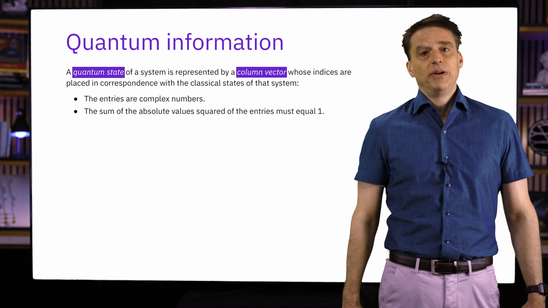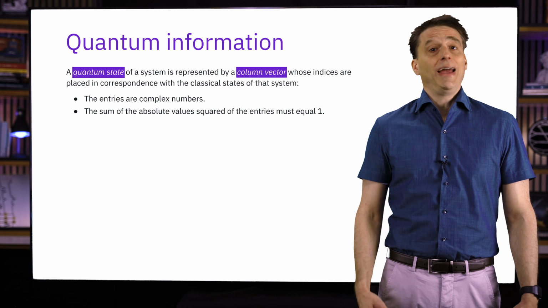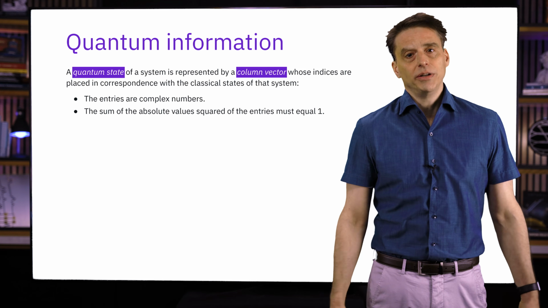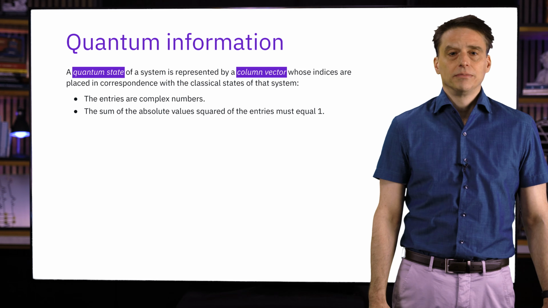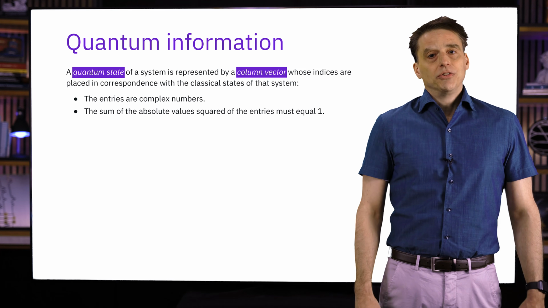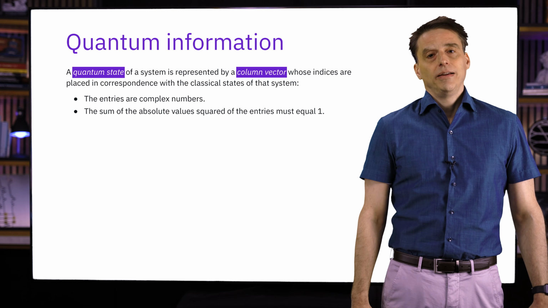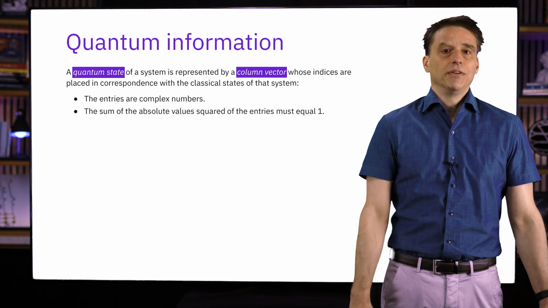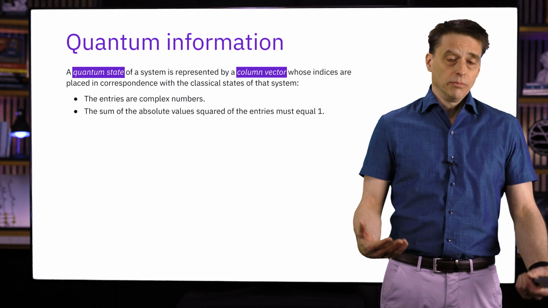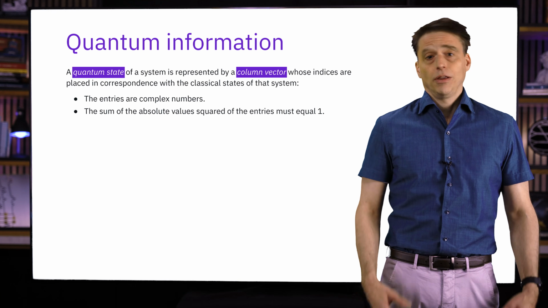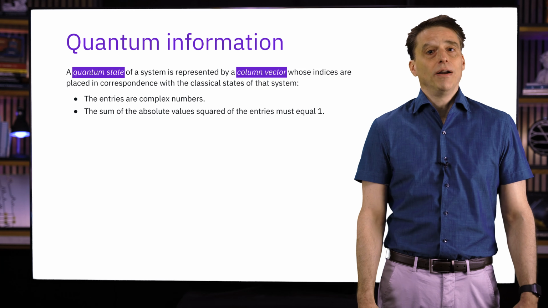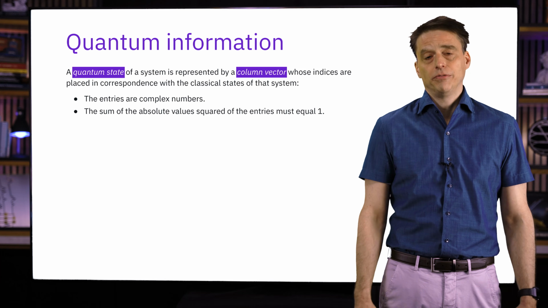The complex numbers that appear in a quantum state vector are sometimes called amplitudes, and they play a role that's similar to probabilities, but they aren't probabilities and they don't have the same interpretation. Now, I can't give you a good reason for why quantum states should be defined like this, other than to say that physicists have discovered that this definition is physically relevant, and it allows us to describe and model quantum mechanical systems. In other words, we choose this definition because it works, not because there are any particular reasons why quantum states should be defined like this.